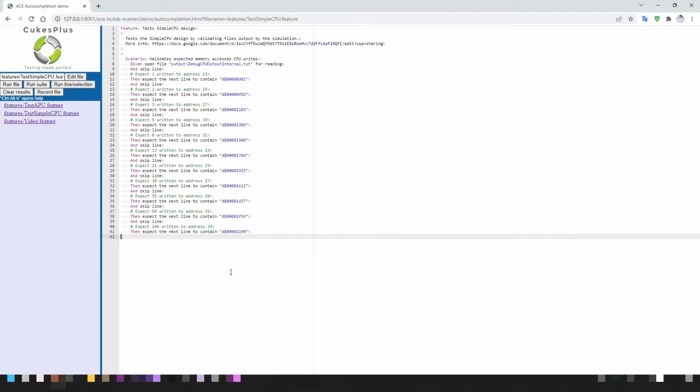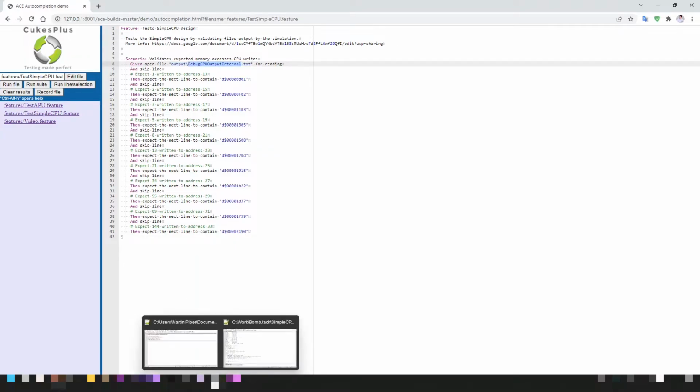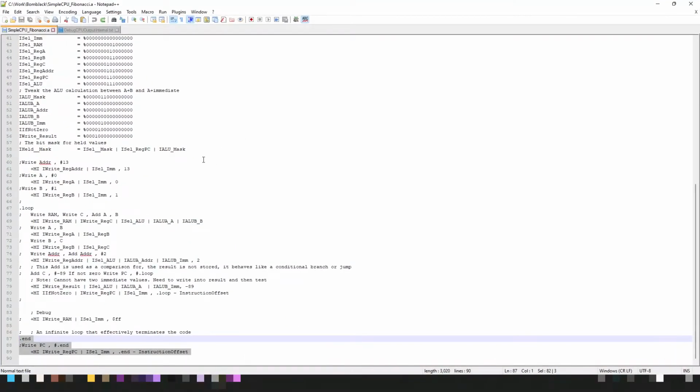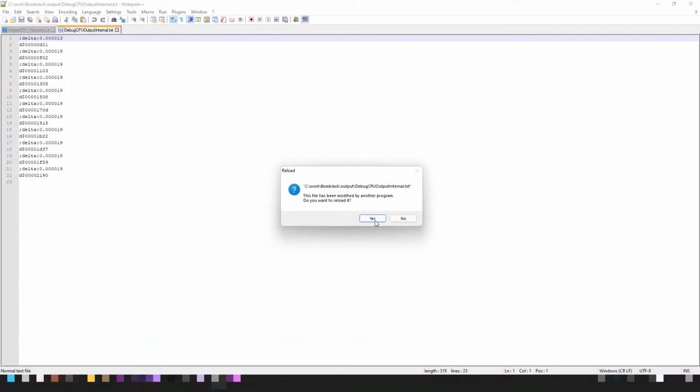Now this is using my 6502 BDD Cucumber based testing framework, but I've written some data file validation, so I can have a look at, because don't forget that we're using the data generator in recorder mode to record to an output file. So if I have a look at the data in the output file, we can see that we